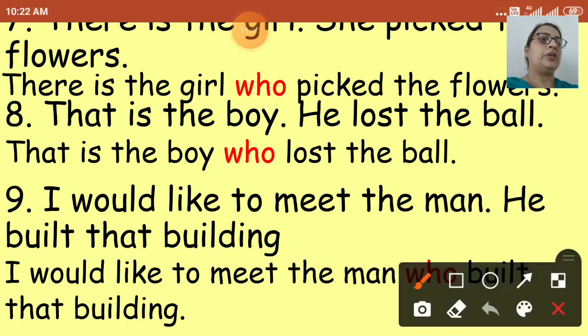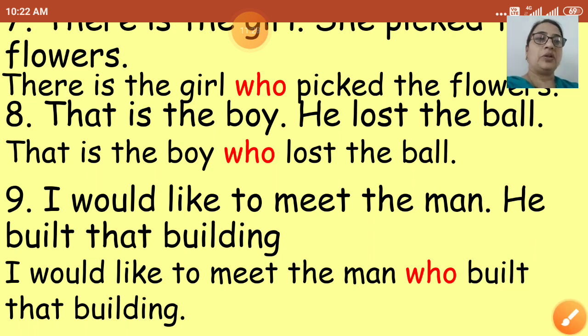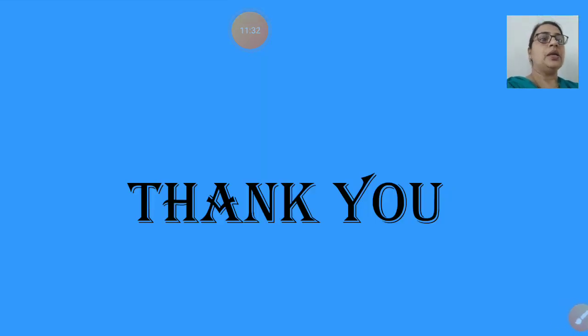Again, I'll revise, children, what we have done. We have removed the full stop and the pronoun, and we have added the word who to join these two sentences. That's what we did while solving this question. So children, today I have covered 9 sentences from that question. The remaining 2 I am giving you as practice. So you have to do them on your own. So that table question, there also 4 sentences you have to write on your own. I have already explained how to do it. And here, joining 2 sentences with the word who, the last 2 sentences you are going to do.